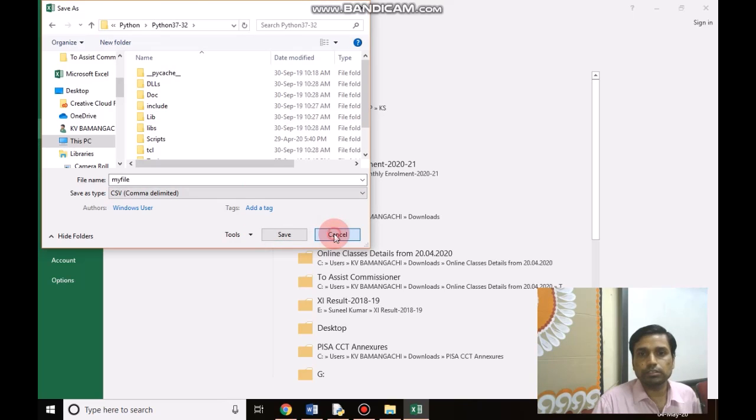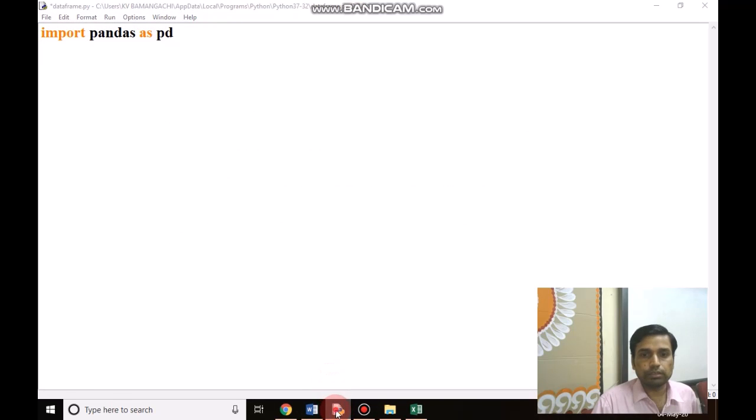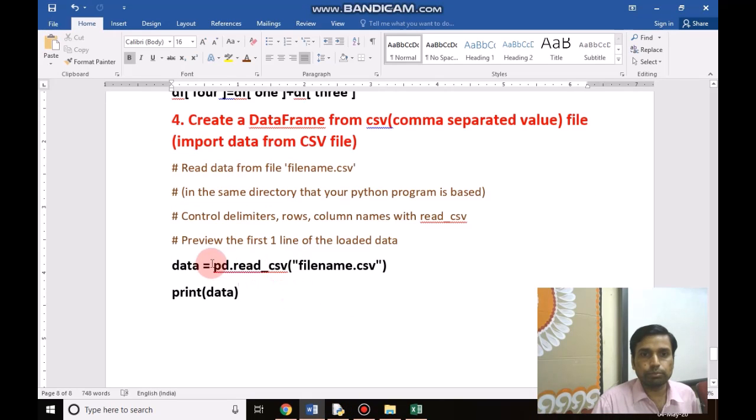After saving this file, you will go to the IDLE, where we are importing data with the help of the read underscore CSV function. So you have to take care that read CSV is separated with an underscore.